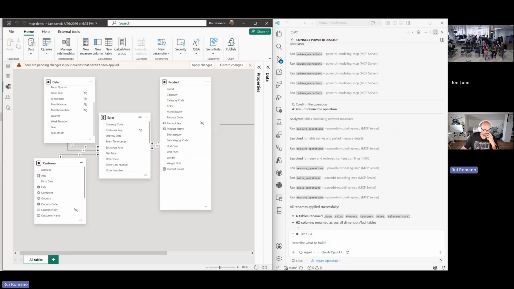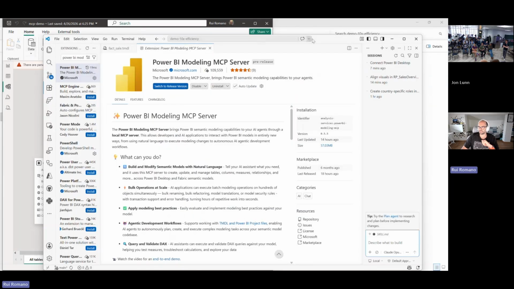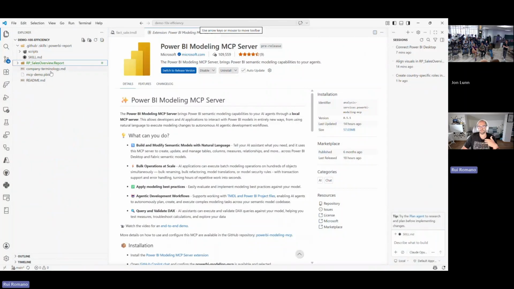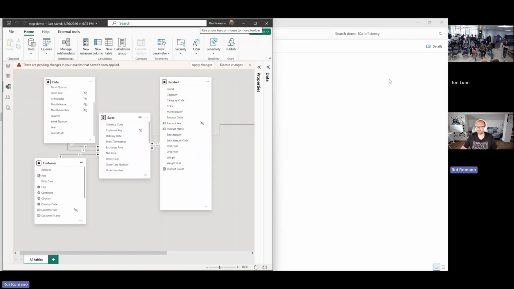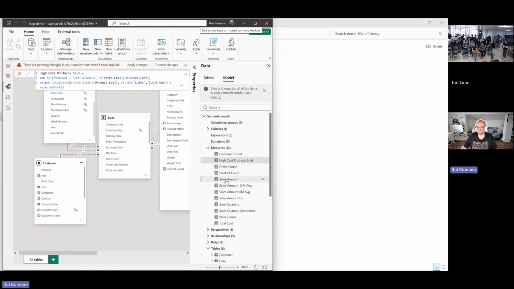Now let me do the final demo. Let me just make one more in here. Now I'm going to expand this just to give you a taste of applying the changes, but following some context. So let's say I want to set descriptions. It's a best practice to set descriptions on all the measures, right? So we have measures in here, and